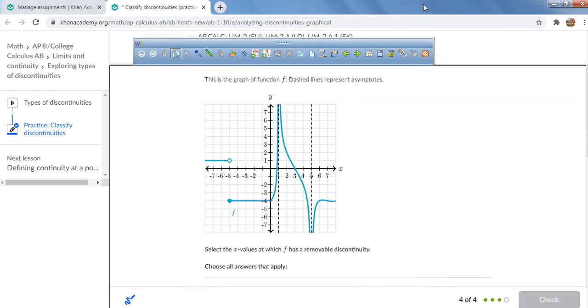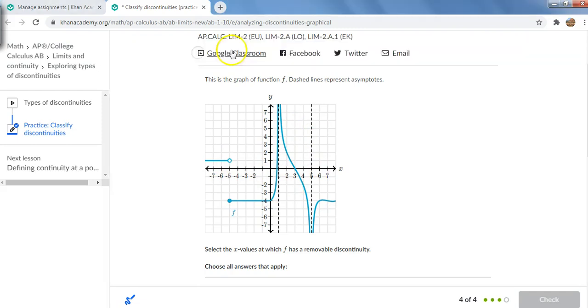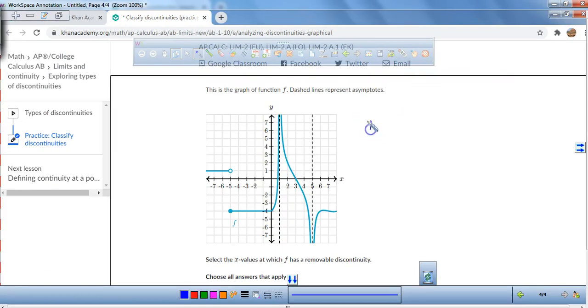All right, so it looks like we got a jump discontinuity here. We got infinite, and we got infinite. So we got two infinites and a jump. I've got an infinite at x equals 1 and at x equals 5. So I got infinite at both those. And then I got a jump